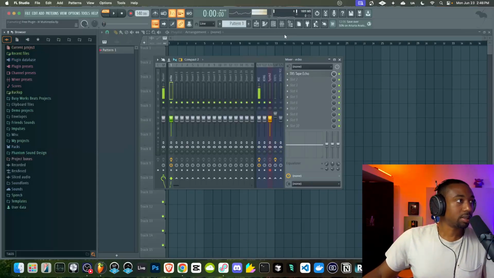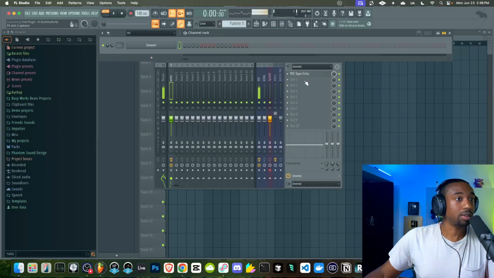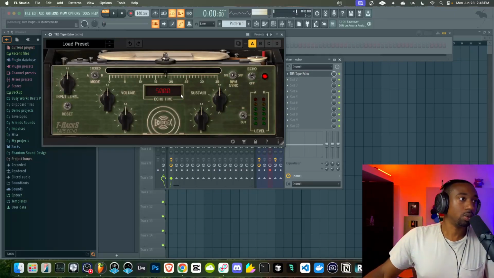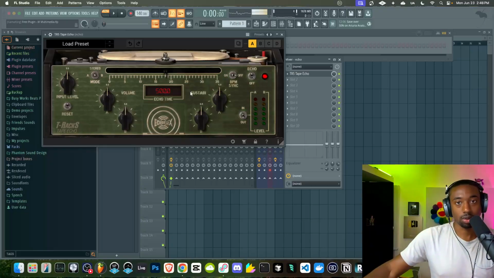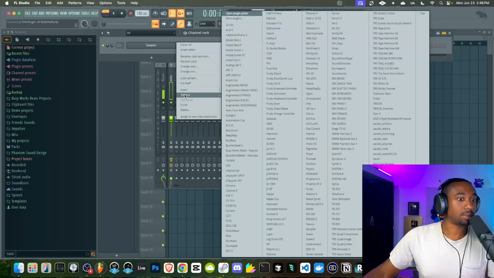So what we're going to do is create some melodies with FL Studio, and then we're going to run it through this tape effect. If you're not familiar with this effect, this is the effect used on soul records, old school R&B records. It's that sound you hear on drums sometimes, and it's used for a lot of soul records. So let's start running some synthesizers through it.